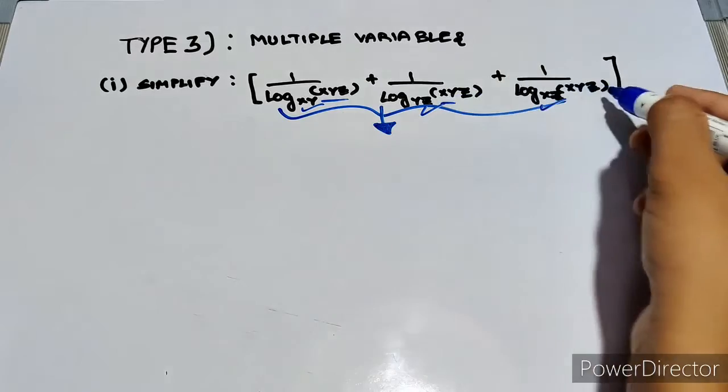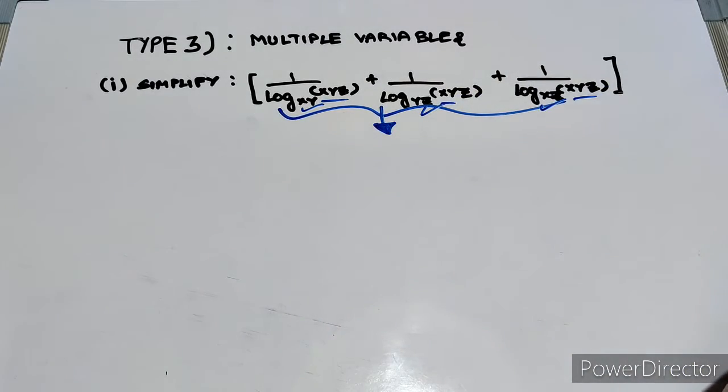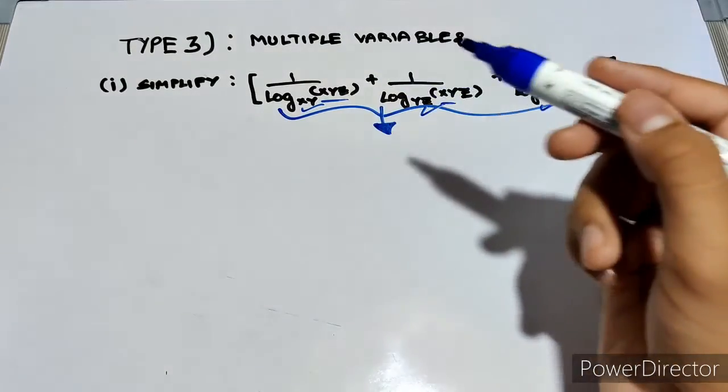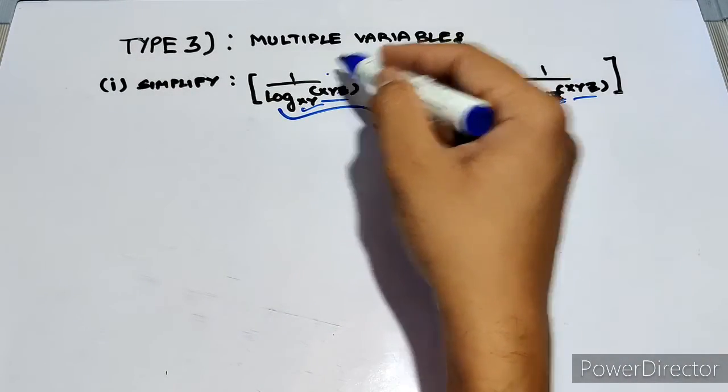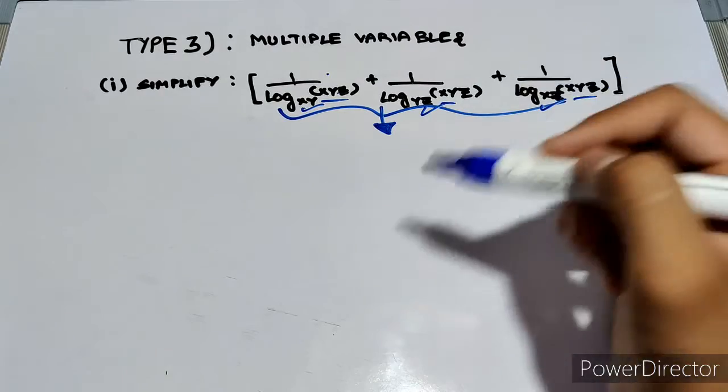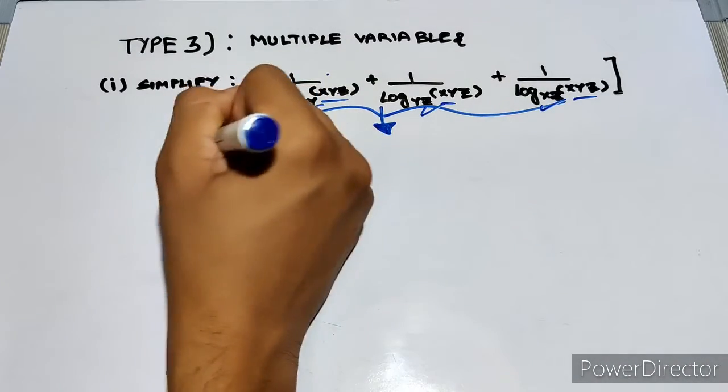Here the argument of all the 3 things is the same. So if we use the base changing theorem, then when we reverse or reciprocate it, this thing will come in the base and this thing will come as the argument. Similarly, in all the 3 cases, the base will become the same. So using the same concept